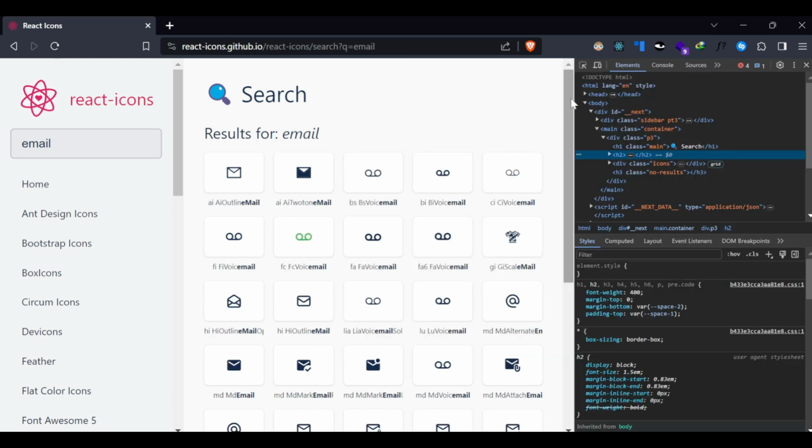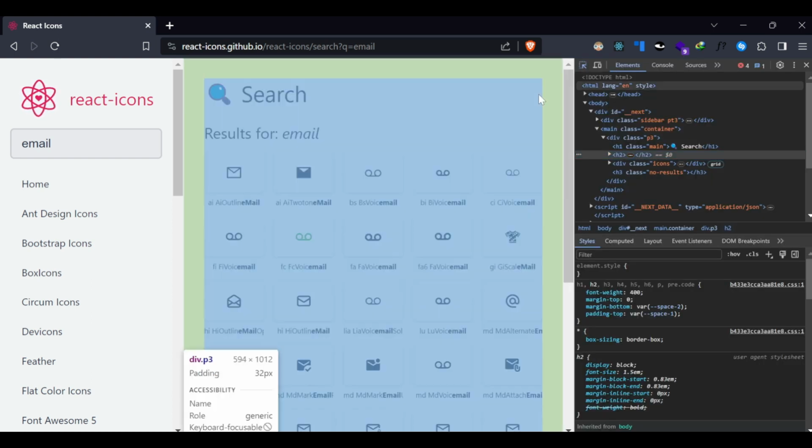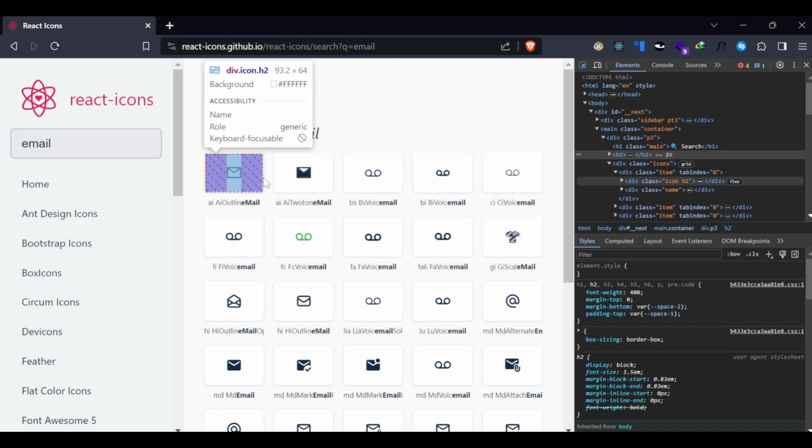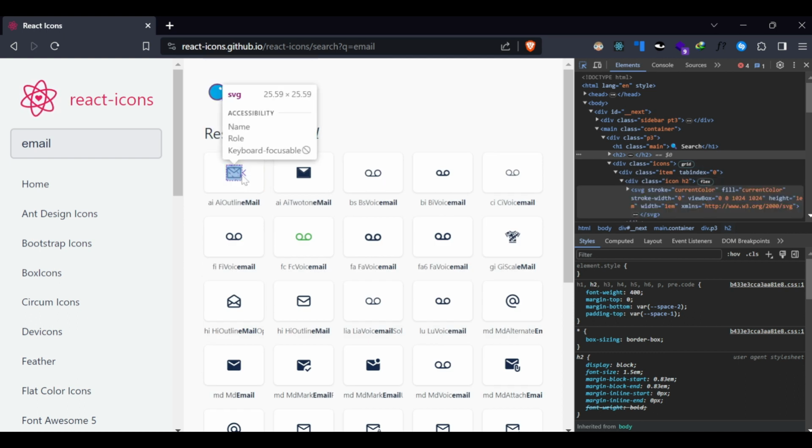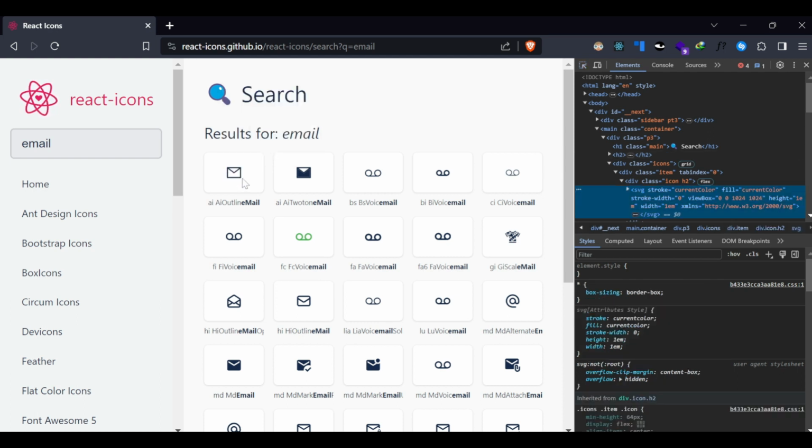Thereafter select this option and hover over your required icon. When you see the SVG text above the cursor, click the left button on the mouse and copy the element by clicking Ctrl C. Thereafter go to Figma